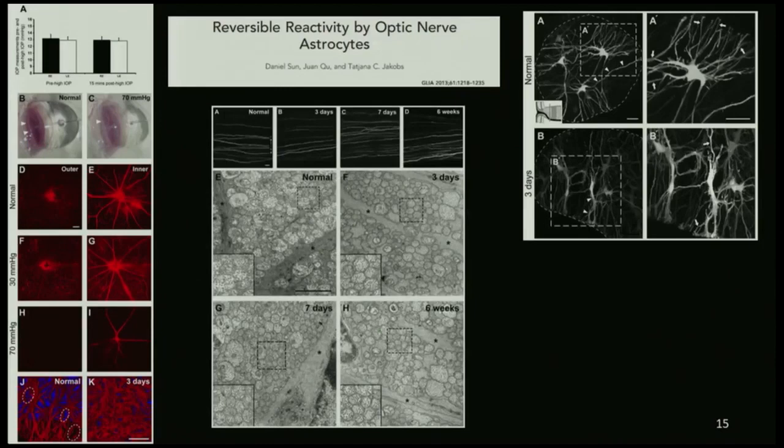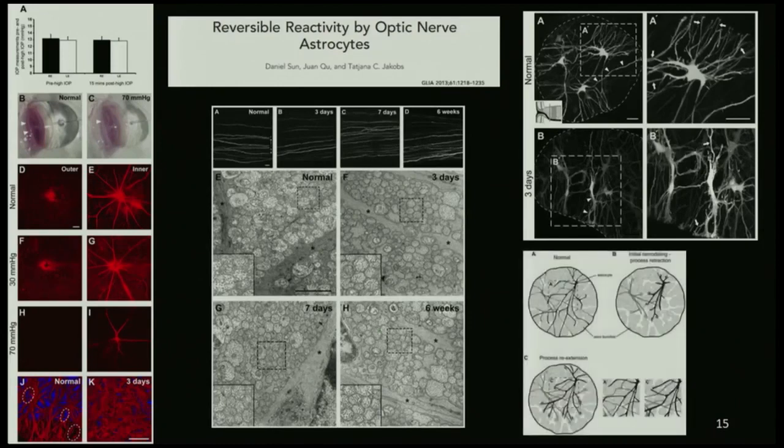And in this model, they were able to show that there was no significant axon injury at this level of IOP. And they came up with a model where the initial IOP elevation causes retraction of astrocyte processes, and then they sort of normalize over time and reestablish themselves, but maybe they do so at a higher frequency, so you get more of a dense astrocyte structure.